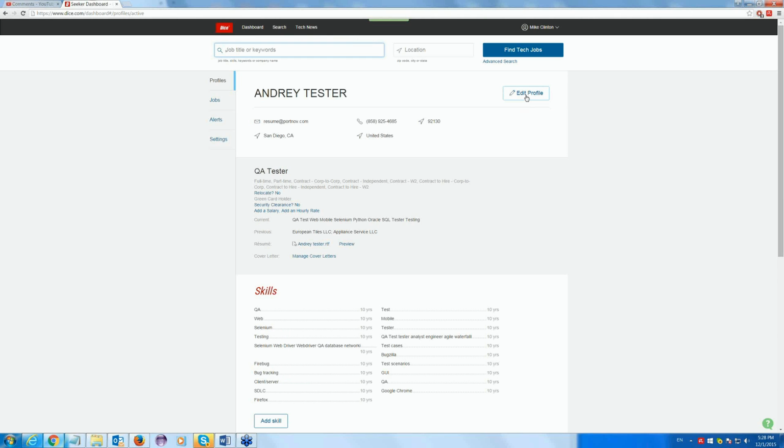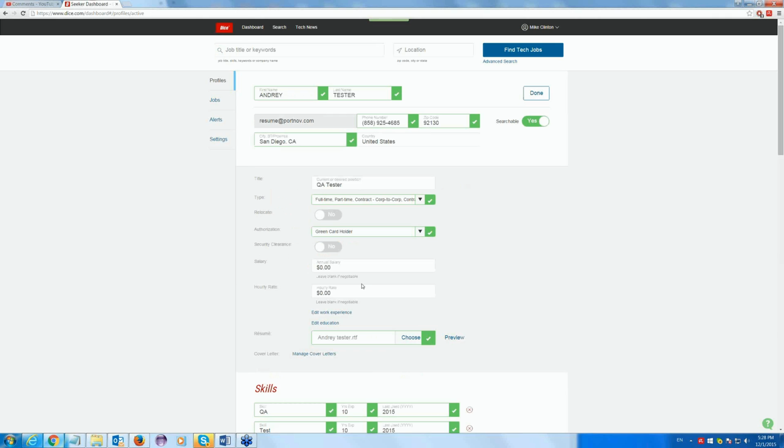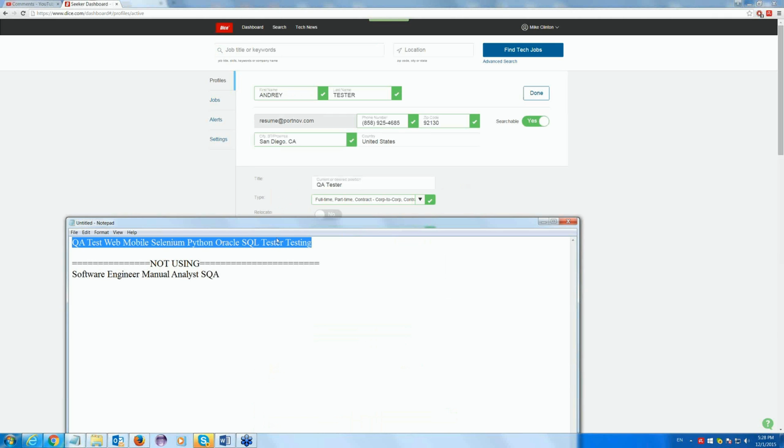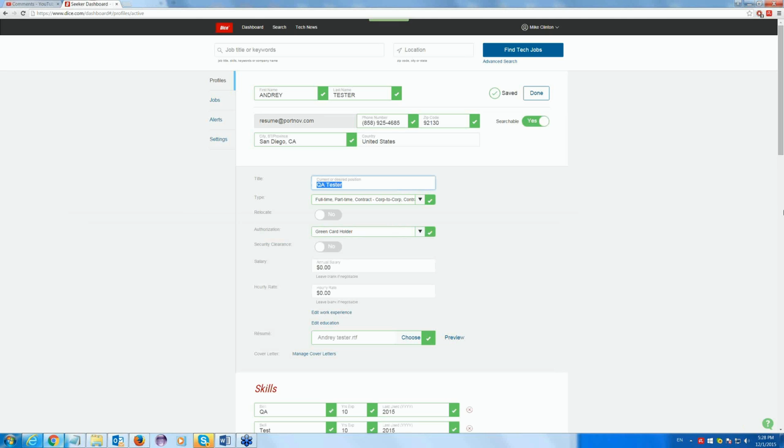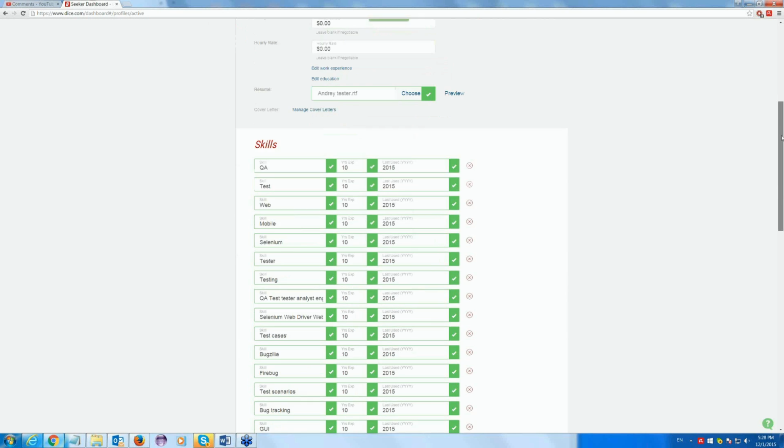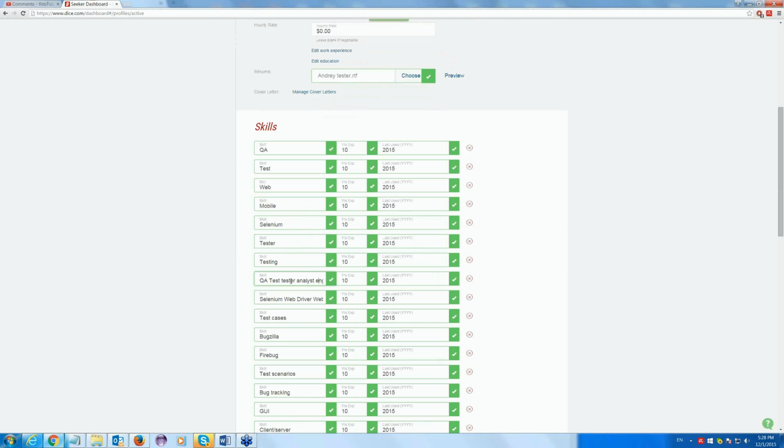Now I will save it and I will go to edit profile. So when we come to the edit profile, first of all I will take that string and I will put it here into the desired current or desired position. Oh, so we have it now here. Then we go to the rest of the keywords. Waterfall. Okay, WebDriver, network. Let's say network, not networking. Test case, test plan, test matrix. I'm not saying test. So one is enough. Matrix, tester,